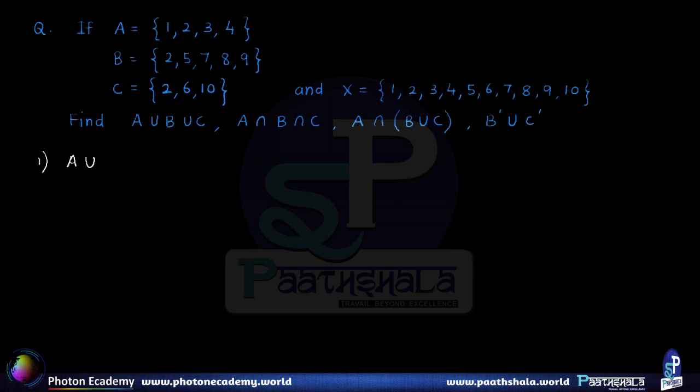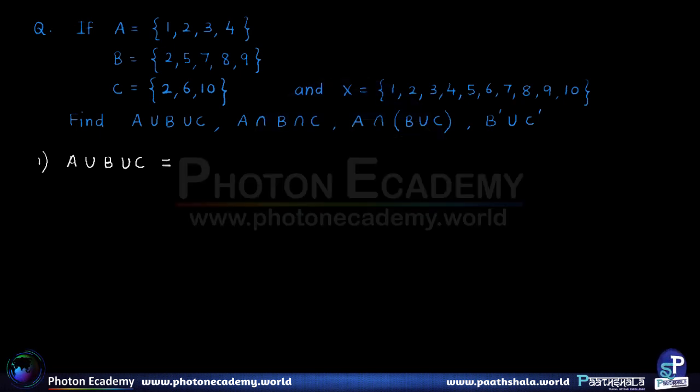So let us see the first set, that is, we have been asked to find out what is set A union B union C, right? Now if you recollect, the union is nothing but the region which encompasses all the sets that are under the union. So we have to sweep out all the sets A, B and C. So if we start scanning from A, we can see that A consists of 1, 2, 3, 4, so that we have to definitely write down.